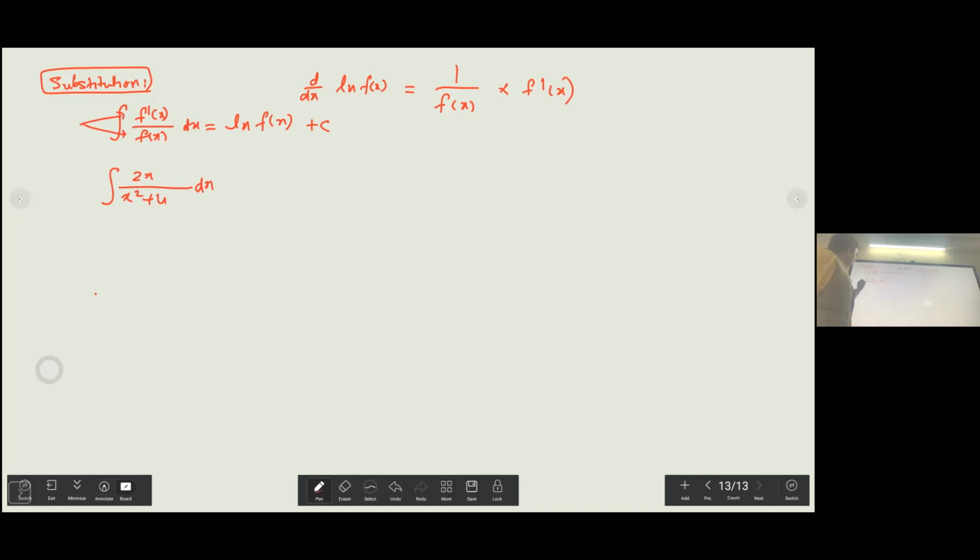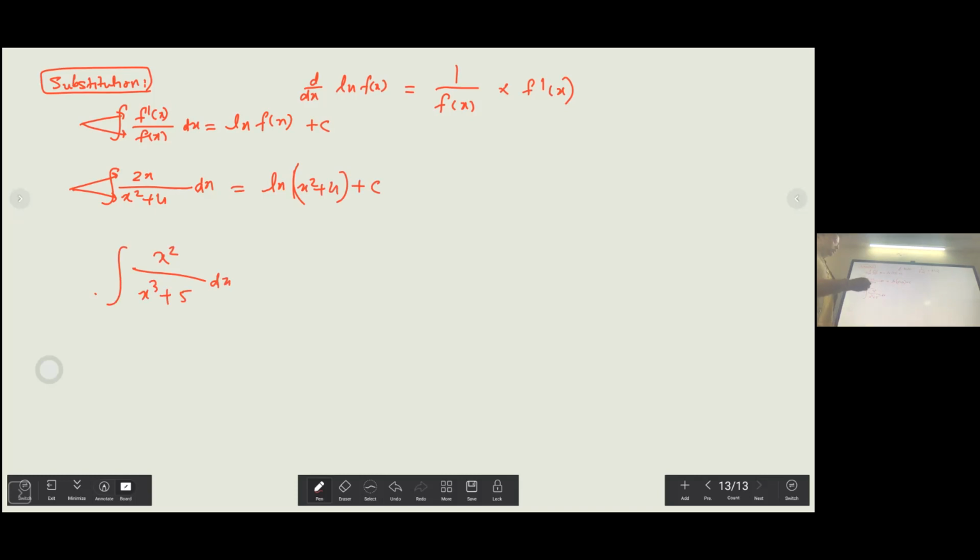So same way here, if you got a function in the denominator and its exact derivative is in the numerator. If you have x squared plus 4, anybody knows that the derivative of that function is 2x. So if I integrate this, I will straight away get ln(x squared plus 4) plus c. Now, if I go by normal substitution logic, you'll get the answer, but you'll waste your time. So whenever you're integrating a function in the format of f dash x upon f x, it is ln f x plus c. Now, sometimes your question might not have that kind of straight away visibility. Let's say I have x squared upon x cubed plus 5.